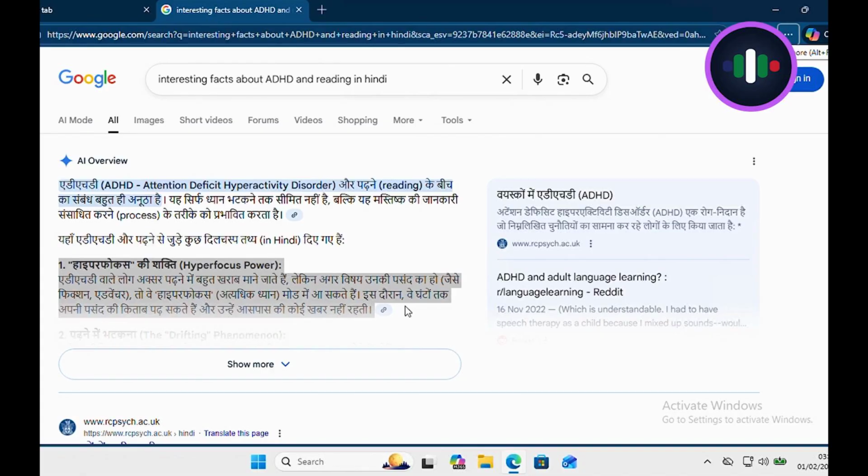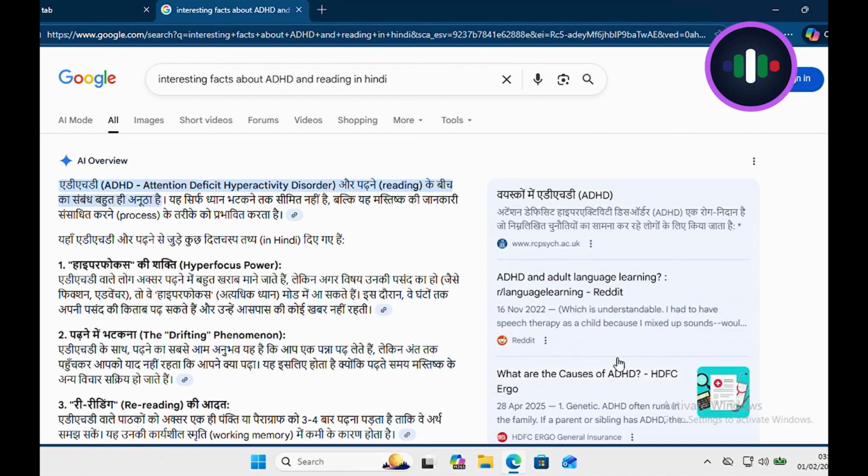नहीं है, बल्कि यह मस्तिष्क की जानकारी संसाधित करने, प्रोसेस के तरीके को प्रभावित करता है। यहाँ ADHD और पढ़ने से जुड़े कुछ दिलचस्प